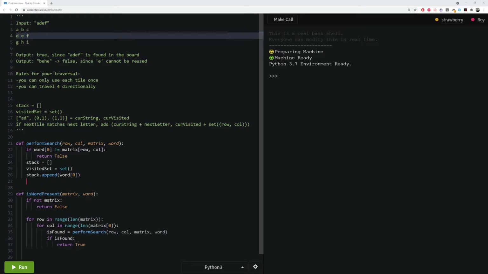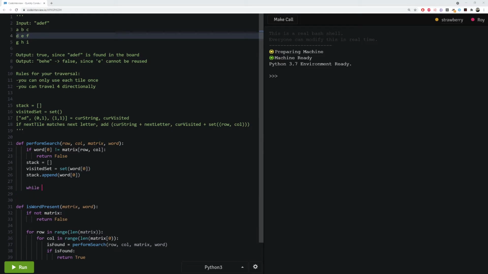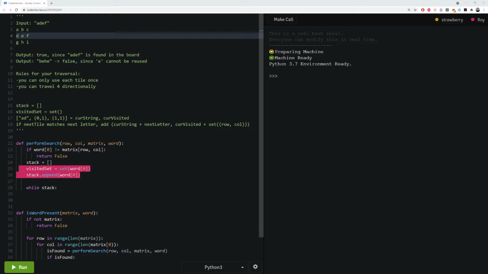This visited set is going to also have word in it because that's what we've already looked at so far. Now, while stack, we've already done our first comparison. So let's go ahead and start exploring our